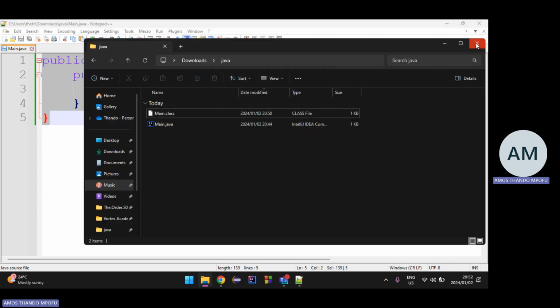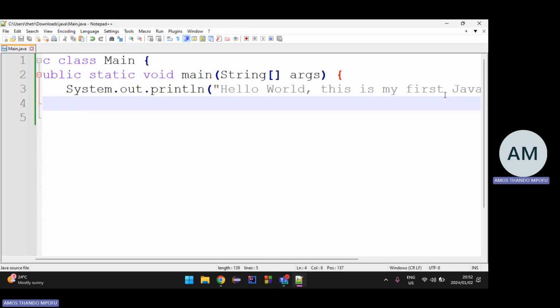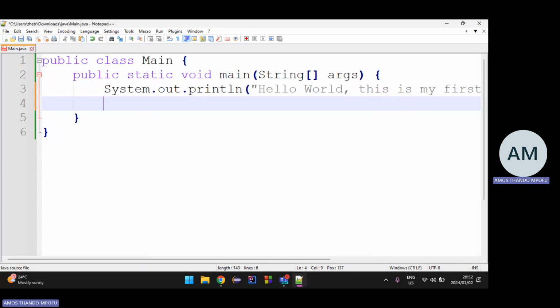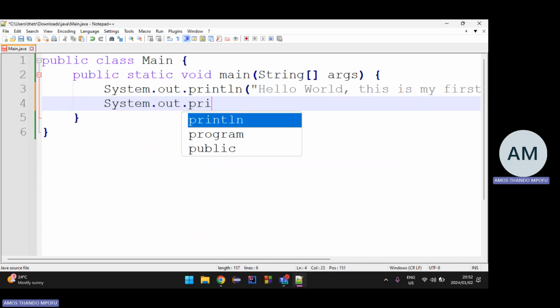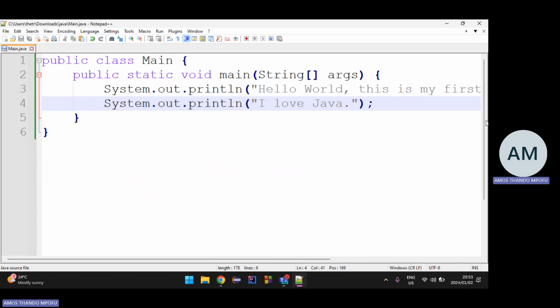Yeah, this is Java. This is the procedure that we have to go through every time you want to run this application. Even if you add a few changes, you say system.out. Let's add another statement, right? I'm just gonna say I love Java. This is a new statement, or a new sentence, right? How do I know it's a statement? It's terminated by a semicolon.